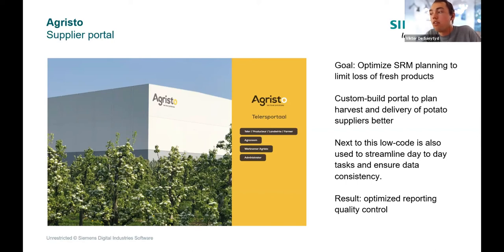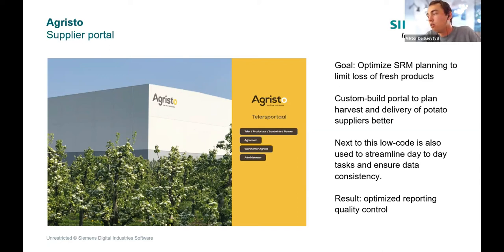products. So what they have now created is a portal for their suppliers, where they can plan and see when they can deliver their potatoes, so that everything is managed more properly and we avoid the loss of fresh products in this way. They also use this to inspect quality.